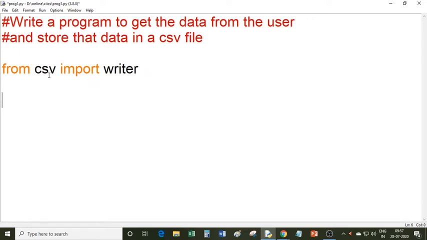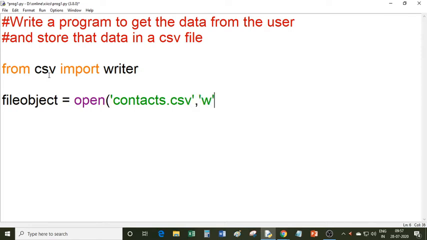Then I will create a variable, file object, any name you like for the variable, and then I will call the open function. Inside this open function I will type the name of the file, suppose contact.csv, and then I will write w, and then I will close the function.